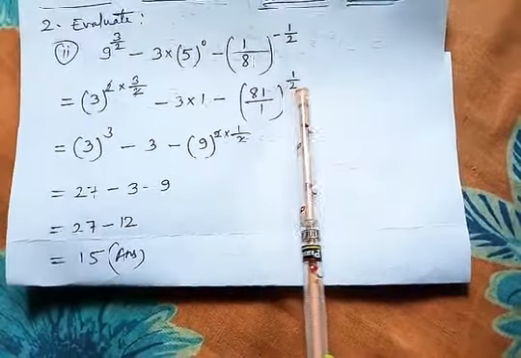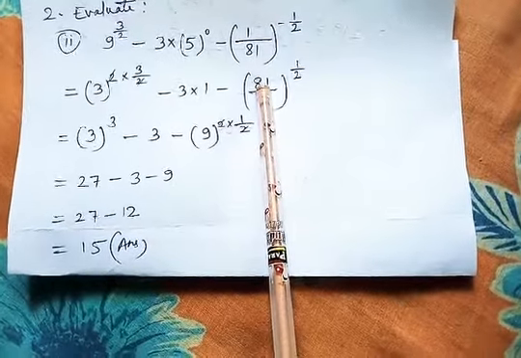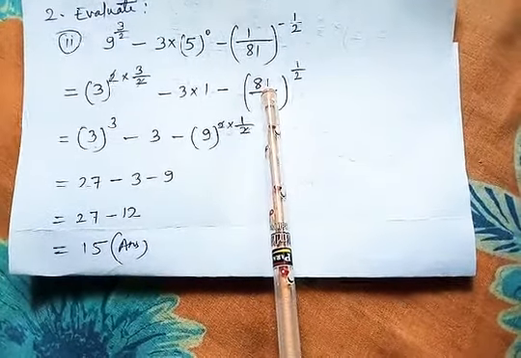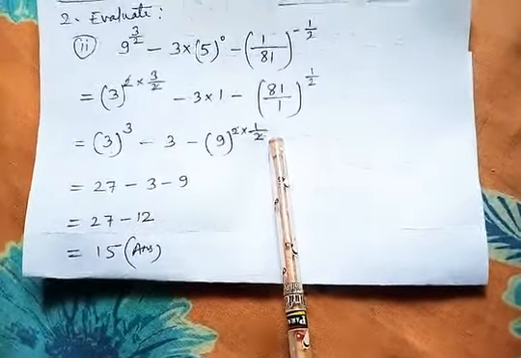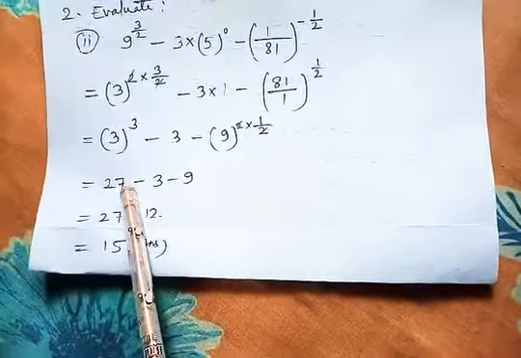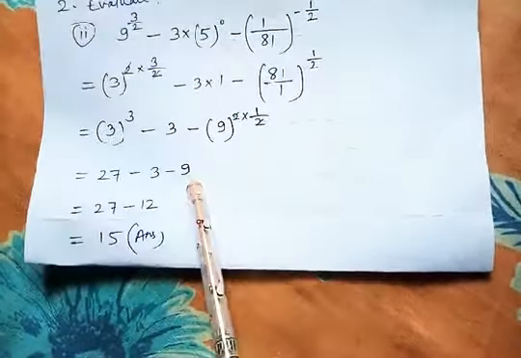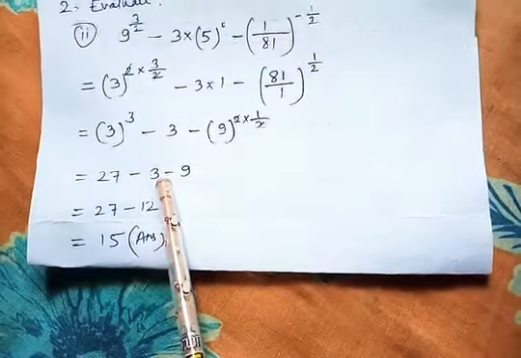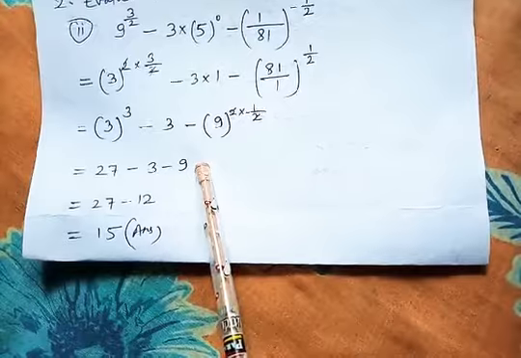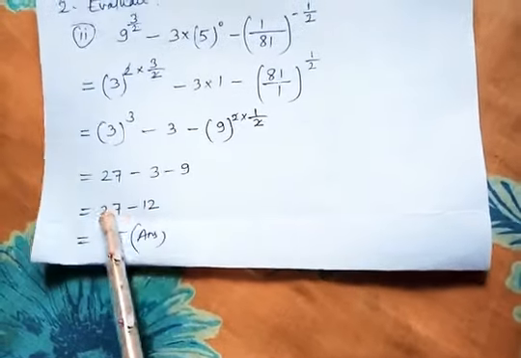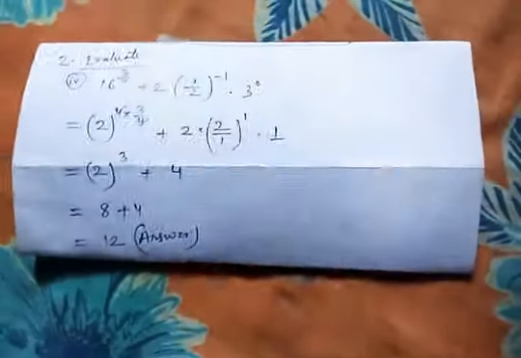That means we have to look at the denominator of the power, and accordingly we should break the internal number, the number at the base. So now it is 9 square, 2 got cancelled. Now 3 cube is 27, 3 ones is 3, minus 3, and 9 power 1 is 9. 27 minus 3 minus 9. Minus 3 and minus 9, minus numbers we add, it is minus 12, and 27 minus 12 is 15. This was the first question I have done.